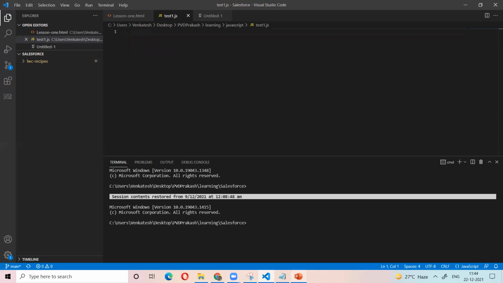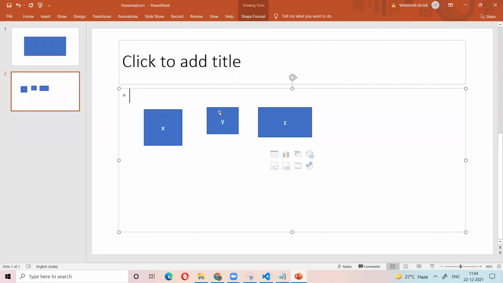For example, here X, Y, Z, right? What are these? Variables. So a storage location means a variable. Whatever we put in those variables, that is the data. So we put data in the variable.